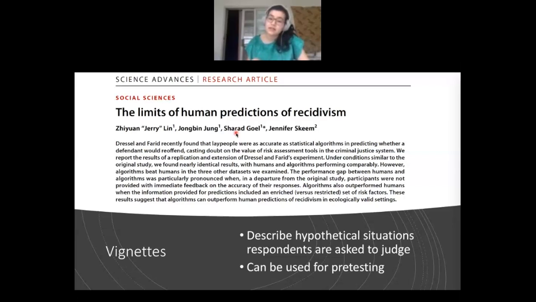And so they found that human predictions were a little bit biased and not as accurate as the algorithms, but they were pretty close. So this can be used to understand how people make decisions, whether that be judges or prosecutors or people in general, just to understand human decision-making in general. And it can be used for pre-testing too. So if you